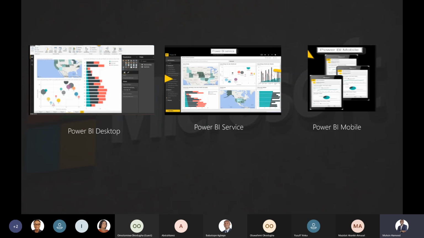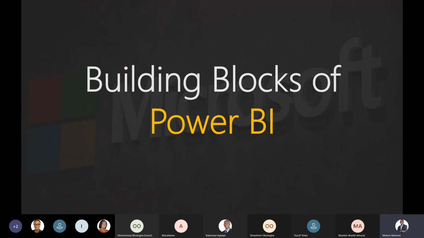So let's proceed now. We want to quickly look at what is next here. We want to look at the building blocks of Power BI. When we say the building blocks of Power BI, what we are saying is that there are certain things that we put together that become whatever we see on Power BI, and also so that we understand some nomenclature within Power BI.